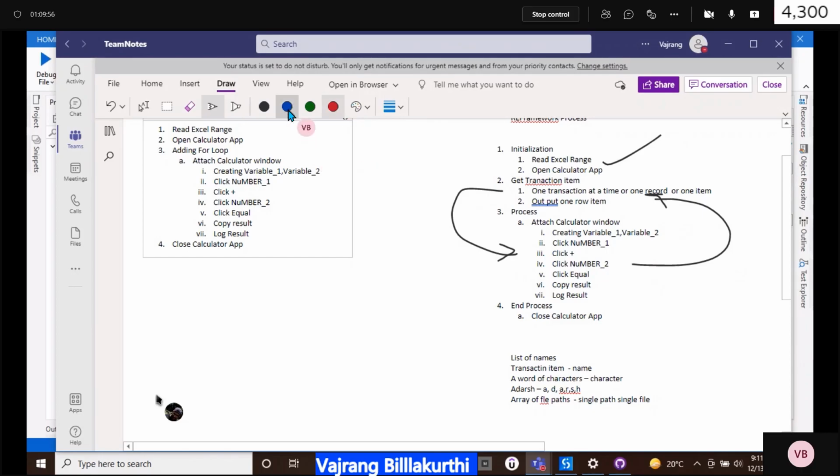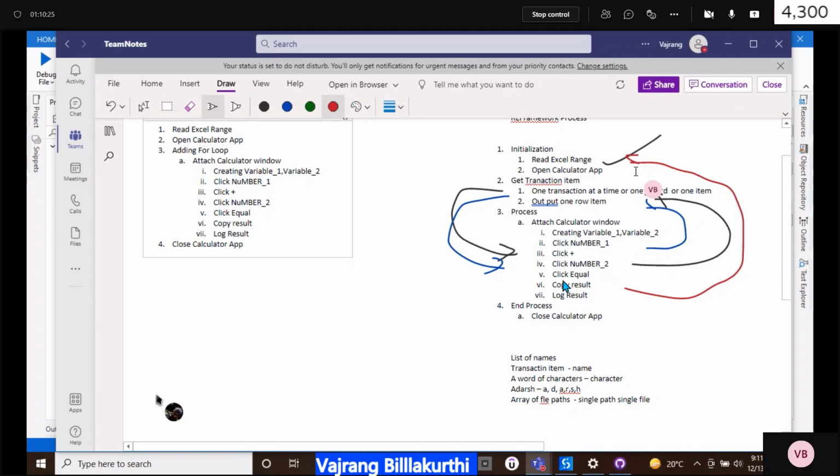After the second item, it will again come to get transaction item, and it will get into process, and if that is completed, then it will go back to get transaction item to fetch one more item. But if there is any exception in process state, then it will directly go into initialization state to reset the applications.